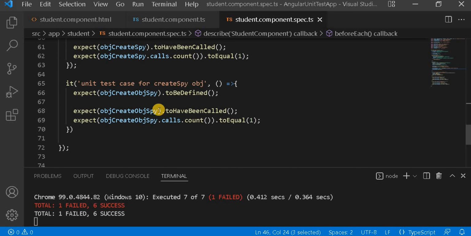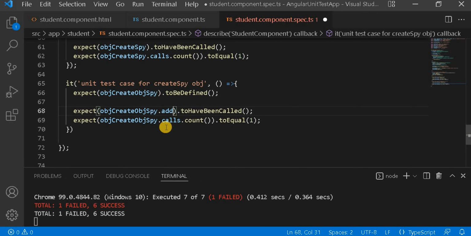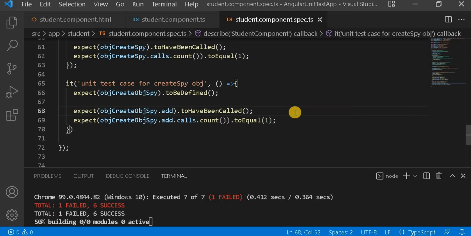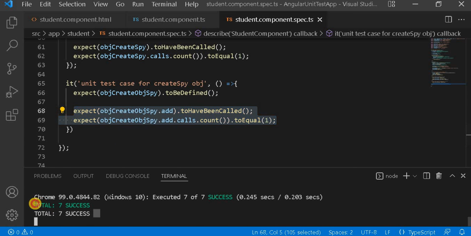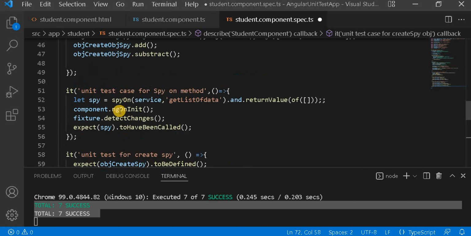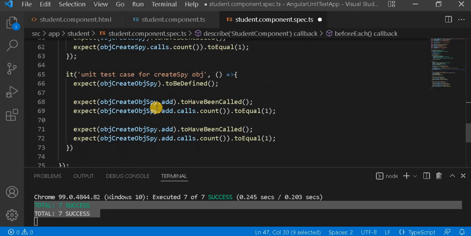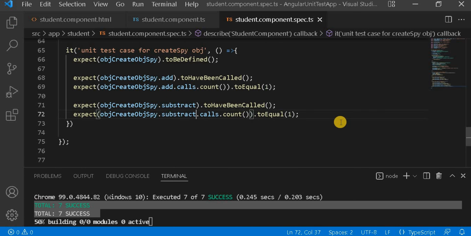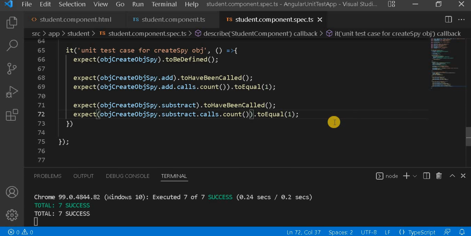So let's copy this and put it here. So this is for add; we are checking whether it has been called or not, and it is called once, and we can see our test case is passing. Now if I want to check subtract, I will copy this method, because we are checking whether that particular method is called or not. So this is the way we generally write the unit test case for